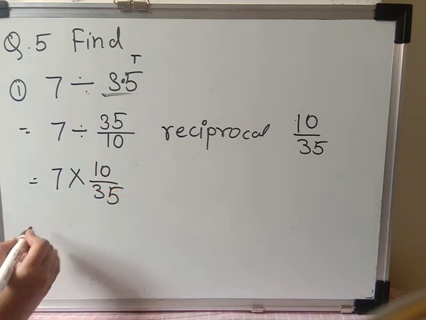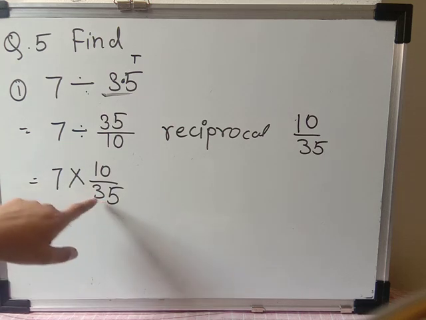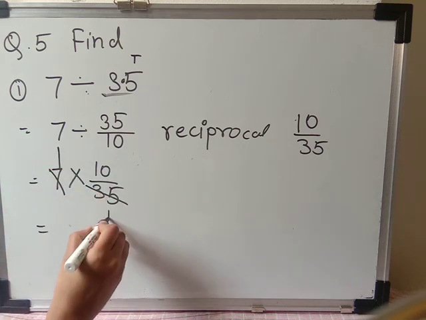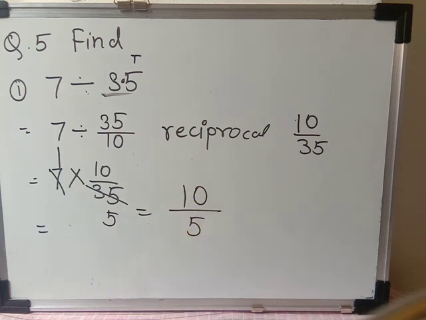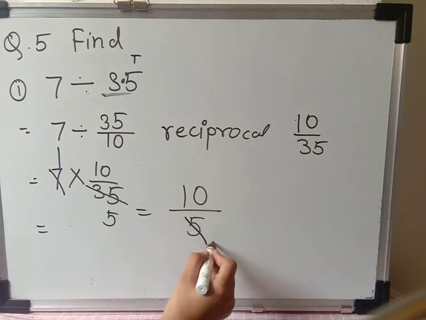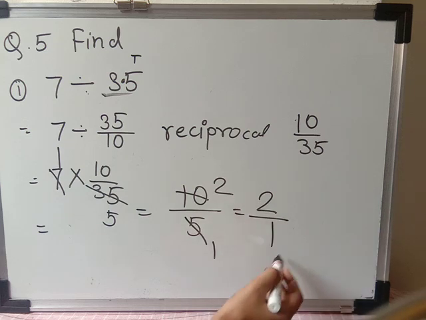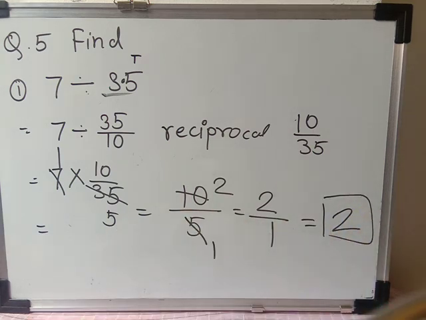Okay, now we have to see whether the whole number and denominator are divisible, and if they are, just divide them. So here 7 ones are 7 and 7 fives are 35, and here the answer will come 10 upon 5. Again 10 upon 5, both are divisible, and we want the answer in decimal form because here we are doing the division of a decimal number. So here 5 ones are 5 and 5 twos are 10. So here 2 upon 1. We have learned whenever the denominator is 1, there is no need to write it, it means that number is a whole number. So our answer is 2.